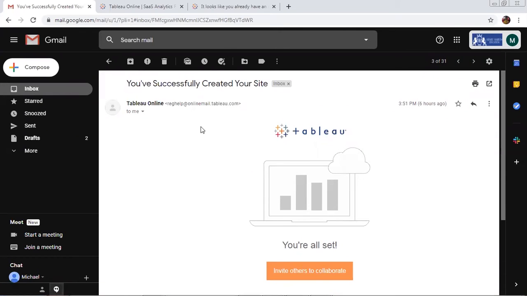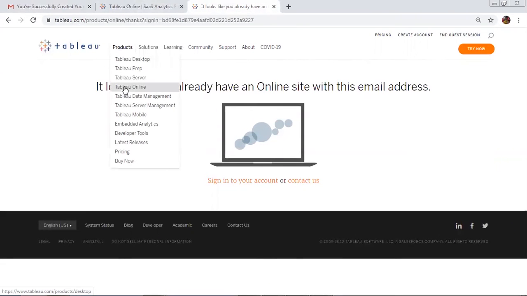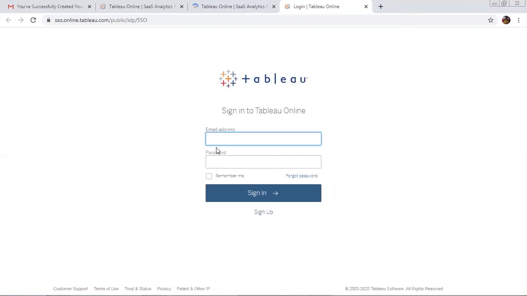Now I have done that, now my credentials will work on Tableau's login. So I'll again go to my Tableau Online, and I'll go to the login page. Let the page open. Now since I have created my credentials in Tableau, I'll enter those credentials and I'll log in. It's Michael@henryharvin.com, and then we'll go with my password, which I will not be disclosing to